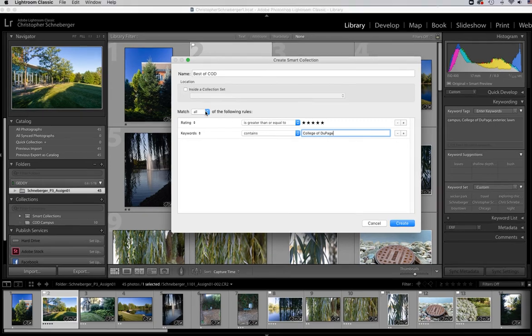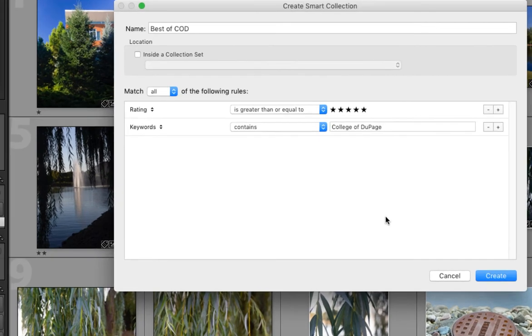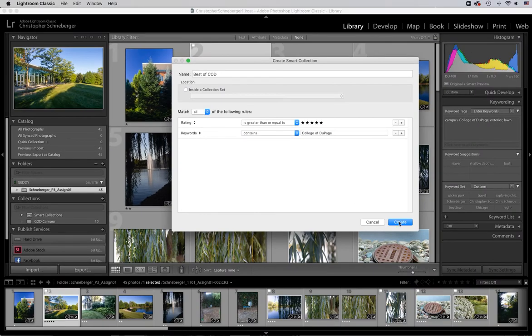You'll notice also that this says it has to match all of the following rules. If I say any of the following rules, then any image that has either College of DuPage as a keyword or it has 5 stars will go in there. That's not what I want. I'm going to say it has to match all of those rules. Okay, I'm going to hit create,